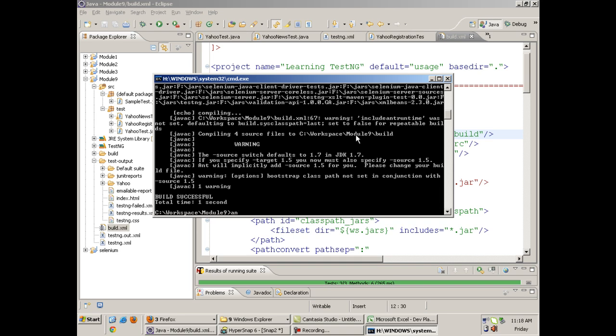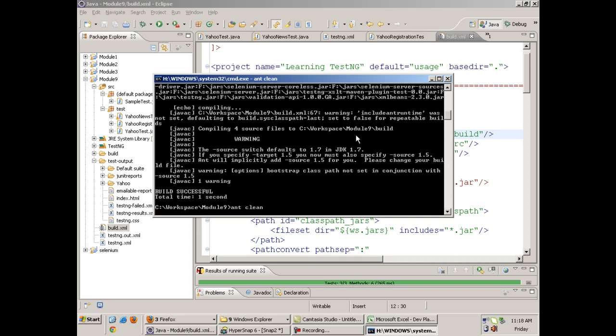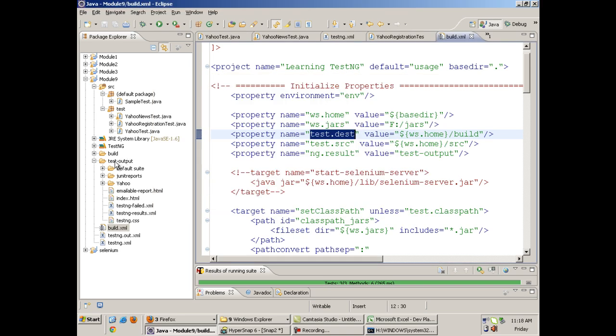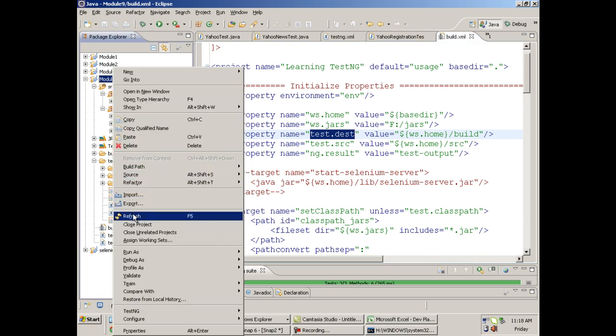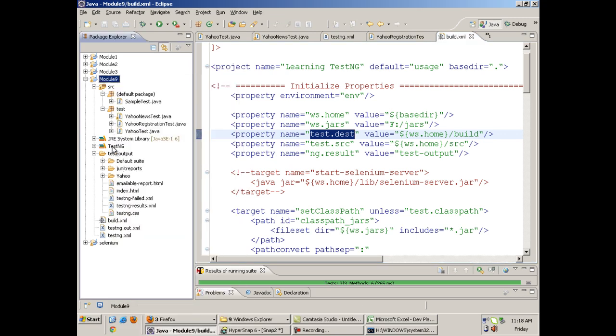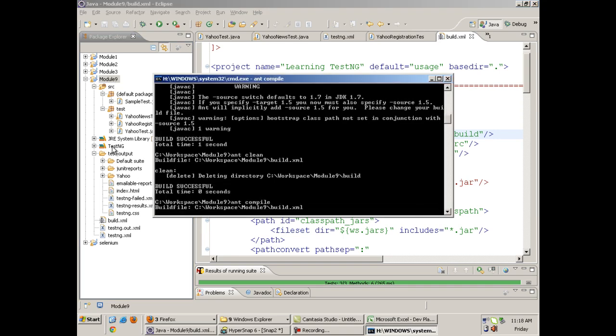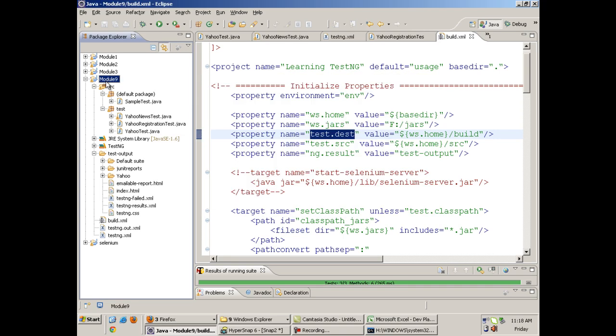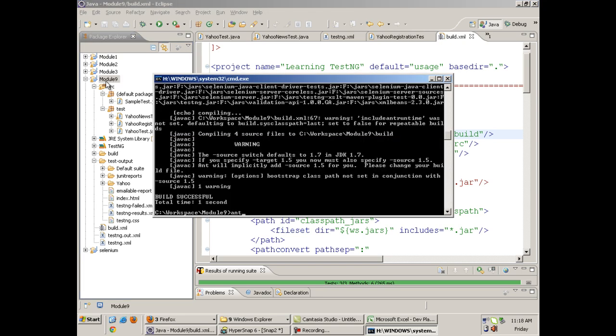Now if I give the command ant clean, this will delete the build folder. If I refresh my project, this build folder is gone. Again I give the command ant compile, and the build folder will come back. Now I can give the command ant run.